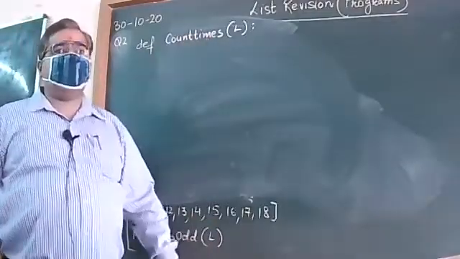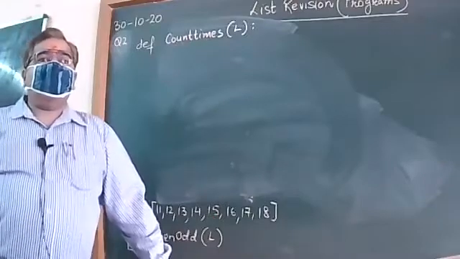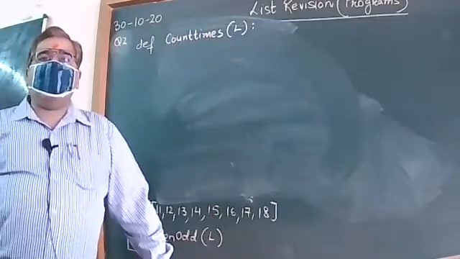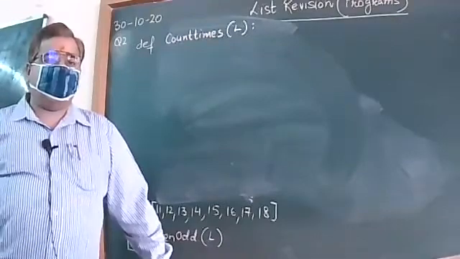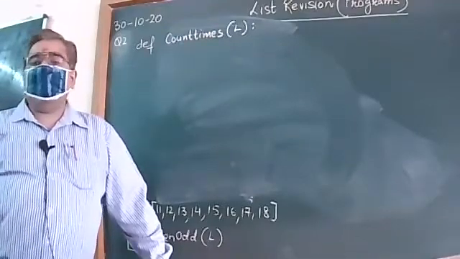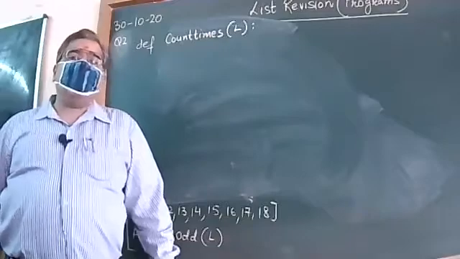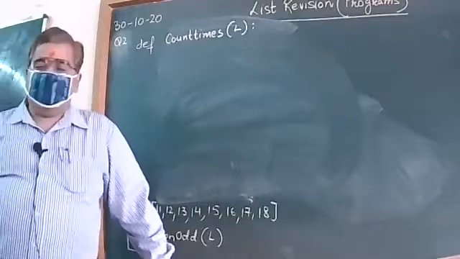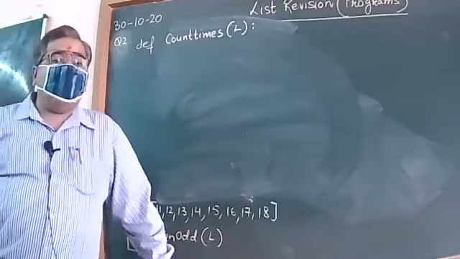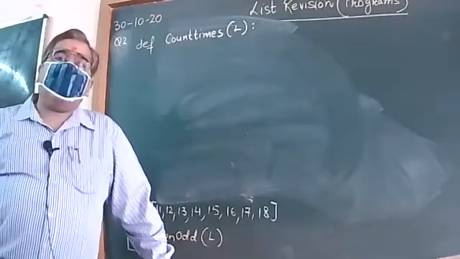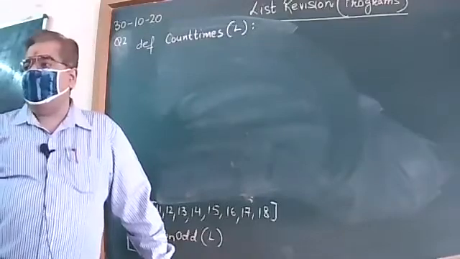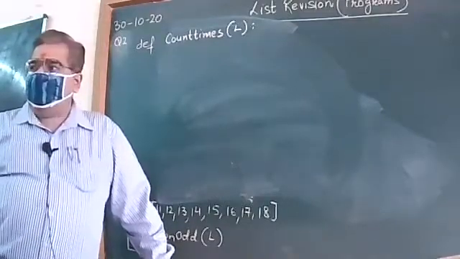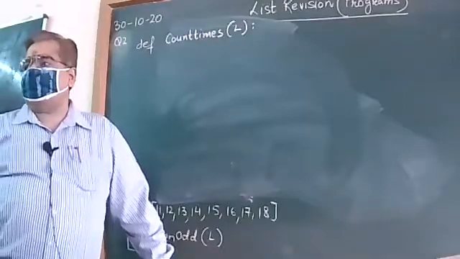This function shall find the occurrence of one particular element, that how many times that element has been repeated. How many times one particular element has been repeated in the list. Suppose I am looking for 11. In my given list, how many times the number or the element 11 is repeated? If it is 3 times, the answer should be 11 element is repeated 3 times.